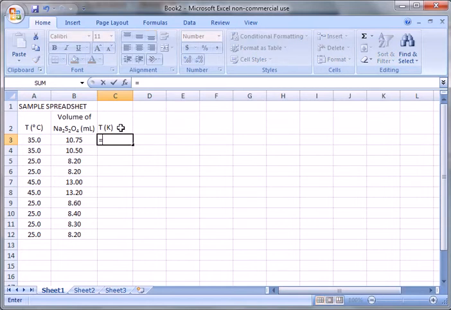I type an equal sign to tell Excel that I'm about to enter a formula. And in this case I want to take the number 35, so I click on that cell, and I'm going to add 273 to it. So I type plus 273.15. When I hit enter, the actual value appears in the cell. If I click on the cell, I can always look up at the formula bar